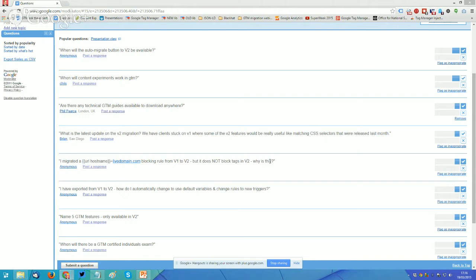So this is really important to start getting used to when you're building blocking rules within V2. I've heard that the migration button is going to account for this when stuff migrates, but I'm just warning you: if you manually add a blocking rule that is set to page view and you have tags trying to fire on GTM.dom or window loaded, then that blocking rule won't prevent them from firing unless the blocking rule is set to count for all of those events, GTM.dom, GTM.JavaScript, and GTM.window loaded, or event.star.